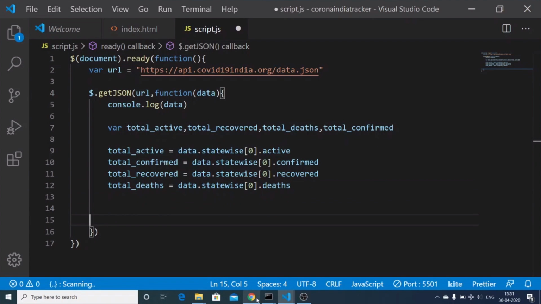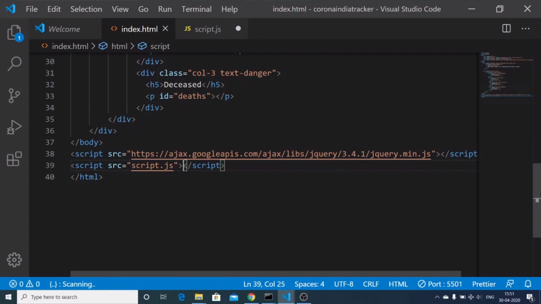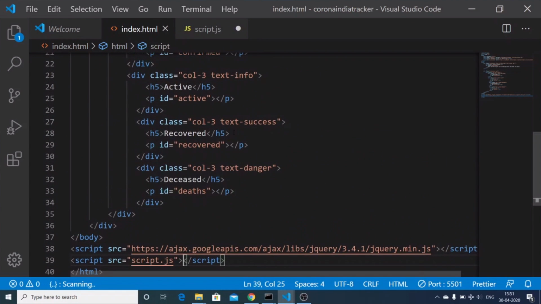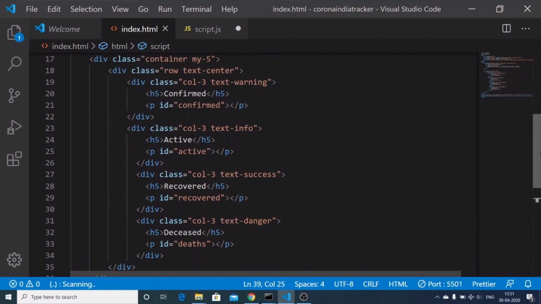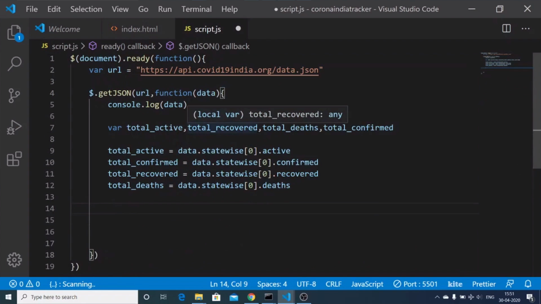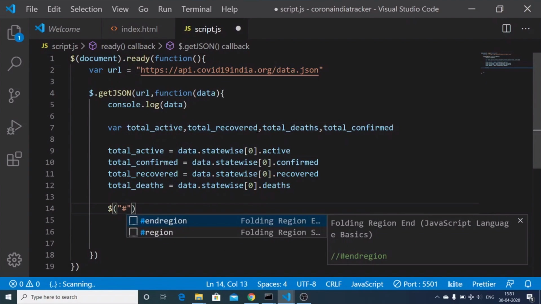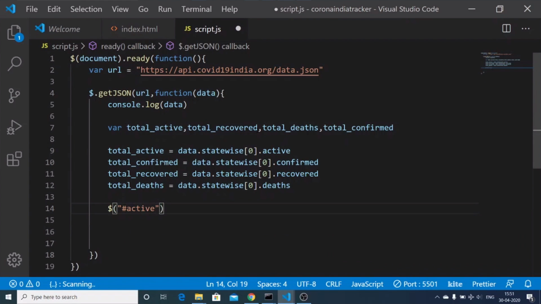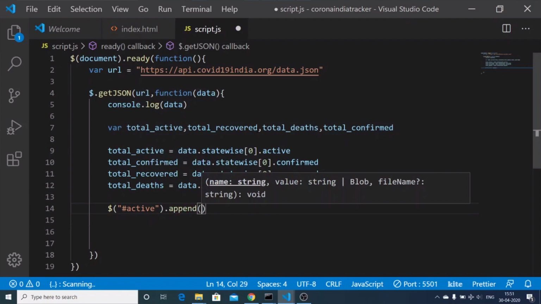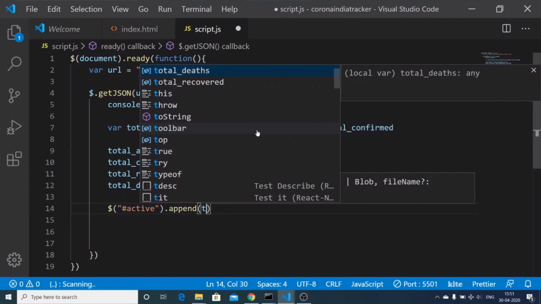And now we just need to get the references of all these four elements which are there on the screen here. You can see that we have provided the IDs as well: active, recovered, deaths, and confirmed. Now we just need to get the references to them. So what we can do here is target this. We can get it by the ID, $active, and we can use the append method of jQuery, and we can just pass it the